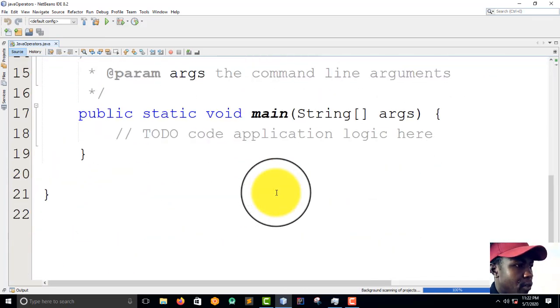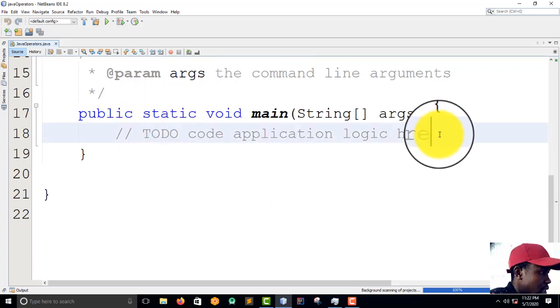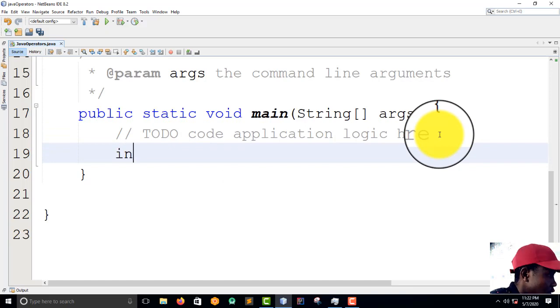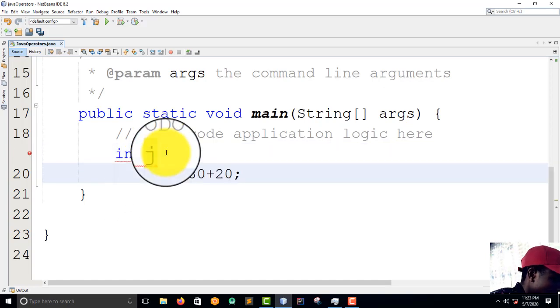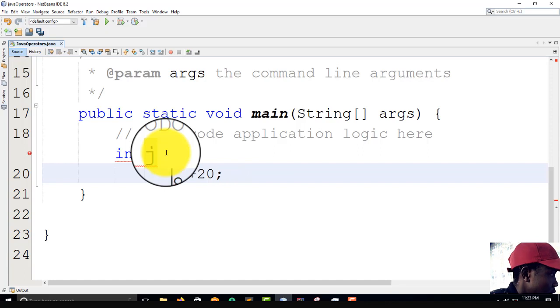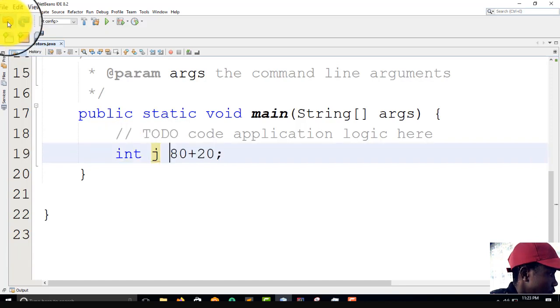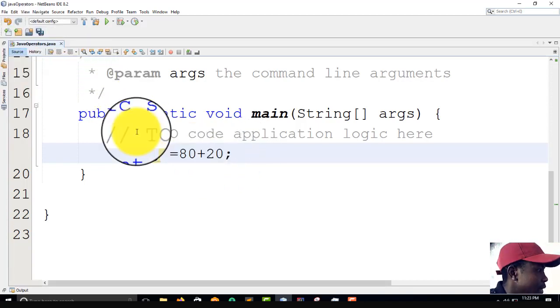So guys, let me do that example that I've mentioned already. I'll just come here and type int x, or int y, int 2 is equal to 80 plus 20. And then I do this is equal to... what's wrong with this? Let me go back. So it's equal. Okay. Now let me print out this one.